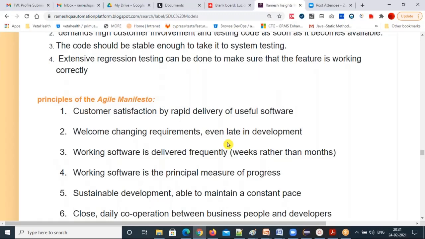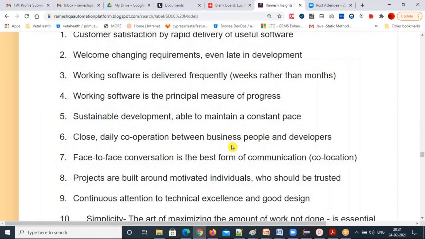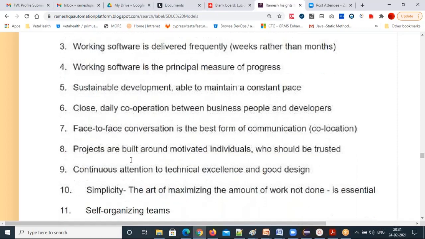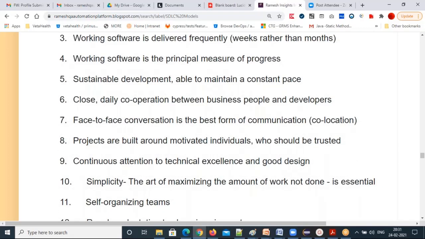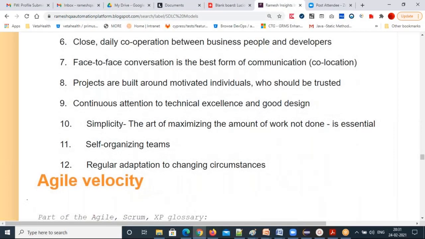Working software is the principal measure of progress. Sustainable development, able to maintain a constant pace. Close and daily cooperation between developers and business analysts, and face-to-face communication is the best one, but even Zoom meetings or Teams, now very famous, you can use also. Projects are built around motivated individuals who should be trusted, with continuous attention to technical excellence and good